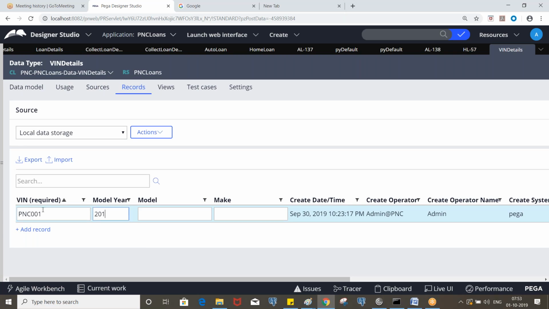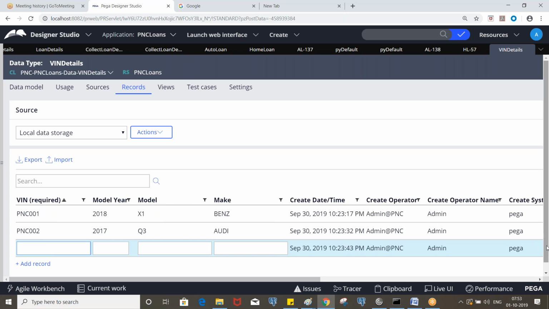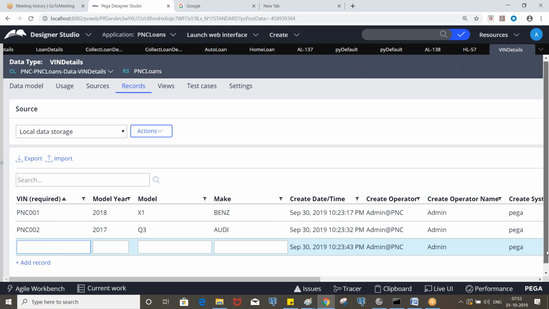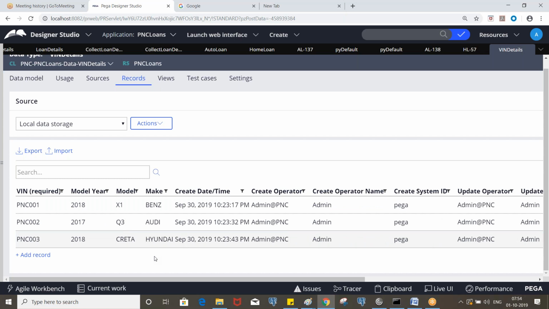PNC 001, model year, let's say 2018, and PNC 002. Okay, so now let's add one more. Likewise you can enter some instances, some records.